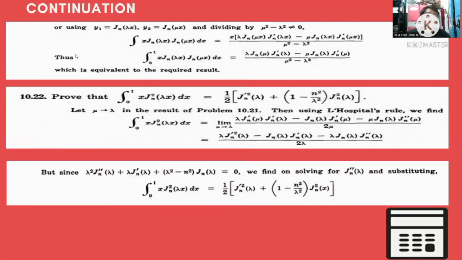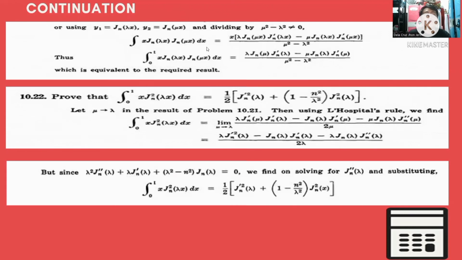In continuation, using y sub 1 equals J sub n of lambda x, and y sub 2 equals J sub n of mu x, and dividing by mu squared minus lambda squared, which is not equal to 0, we get the integral of x J sub n of lambda x times J sub n of mu x dx